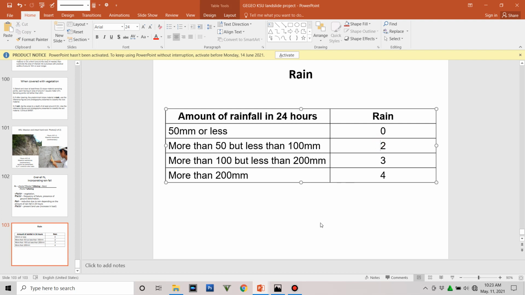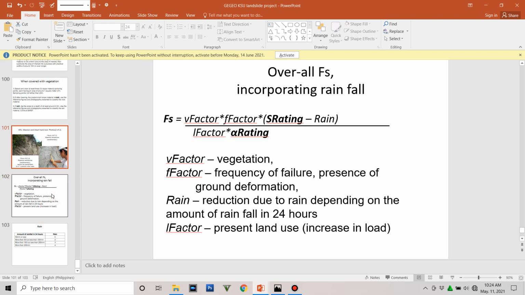The range between 2 inches to 4 inches, we have 2. We have 4 inches to 8 inches, we have 3. And more than 8 inches of rainfall intensity will be scored as 4. Okay,